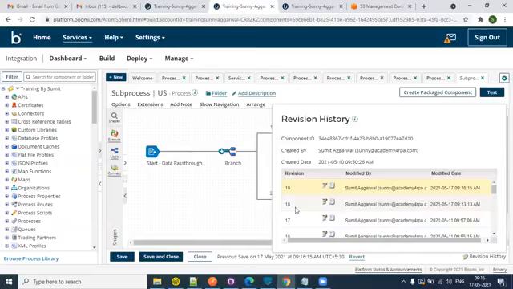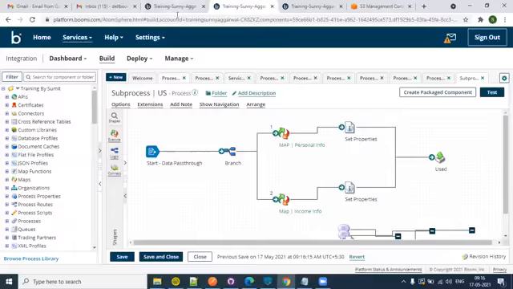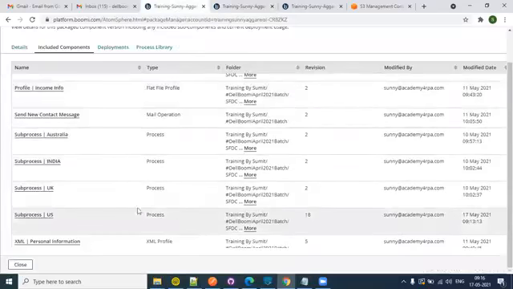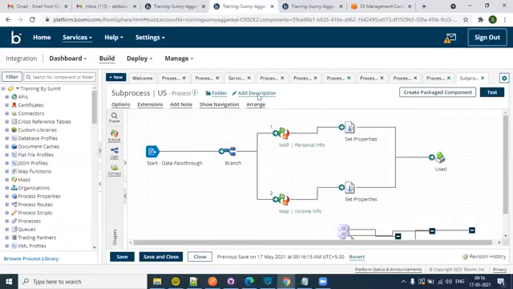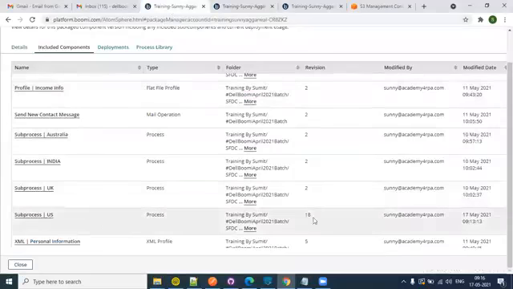The latest version is 19, right? Let's go back here. We are talking about which one? Subprocess US, isn't it? Yes, guys, we are looking at which subprocess? Subprocess US. Which version was over here? 18th, right? Now when you're creating a package, it means you're bundling a different set of components together,